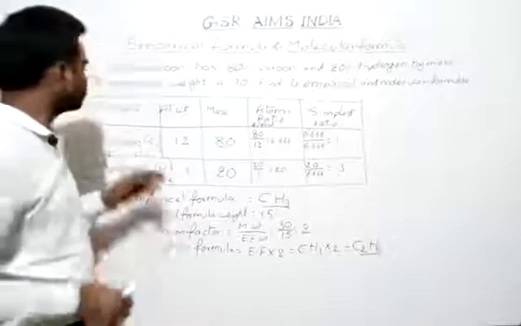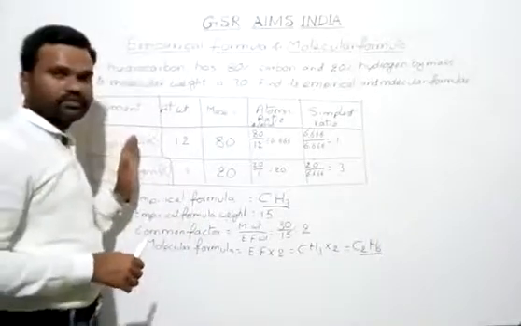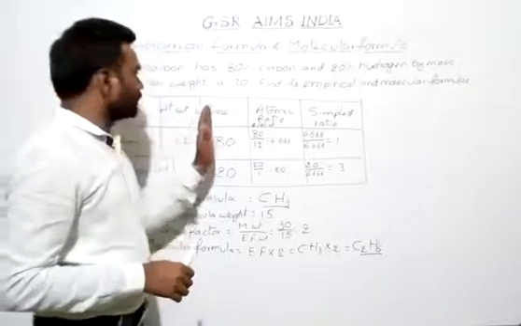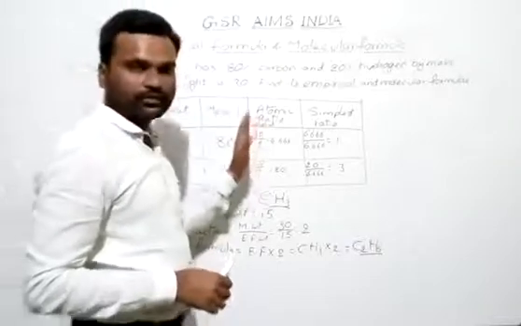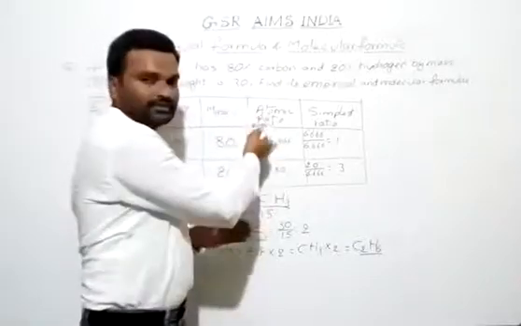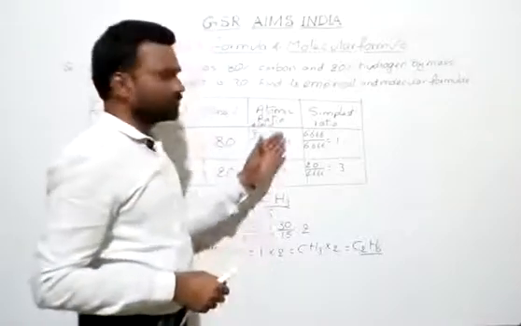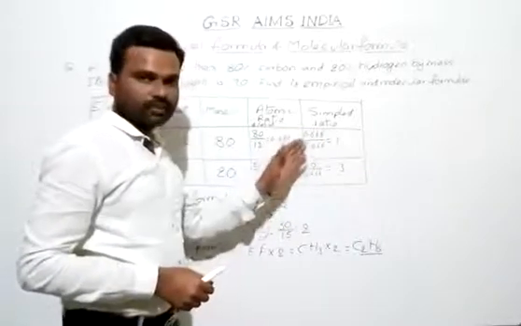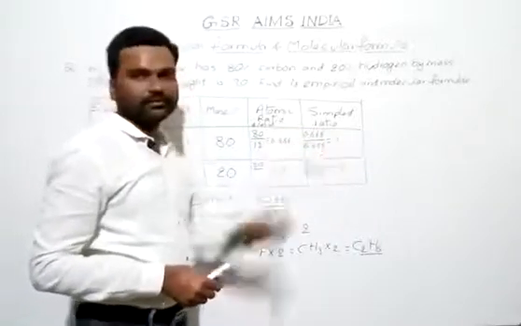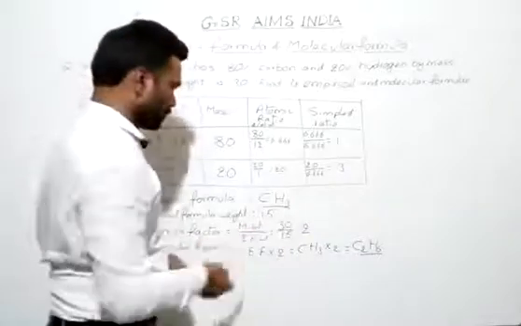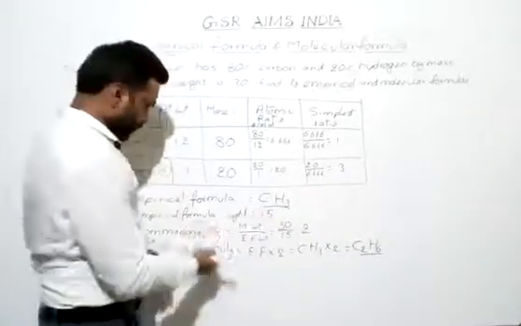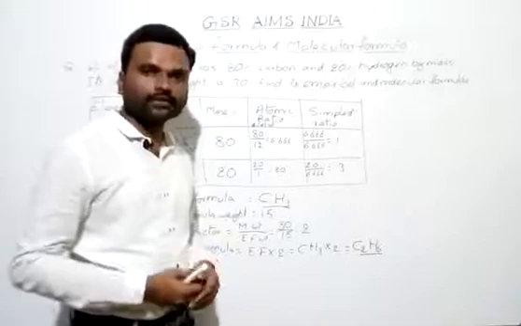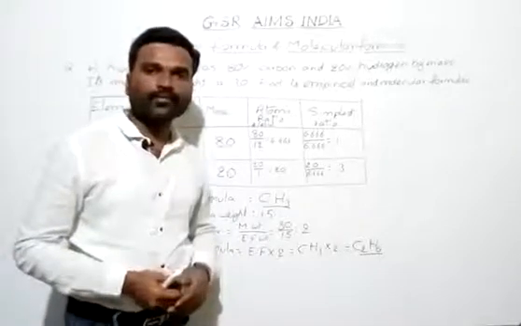What we have done, let us see once again. First of all, we have written all the elements existing in the molecule and their atomic weights, then the percentage compositions in the molecule. Next, atomic ratio, which is given by the calculation mass percentage by its atomic weight. From this, we have found the simplest ratio by dividing all the values obtained here by the smallest of them all. These numbers give the simplest ratio of atoms in the molecule, which we call the empirical formula. By finding the common factor, we found the molecular formula also. This is a way to calculate the molecular formula as well as the empirical formula from the given mass percentages.